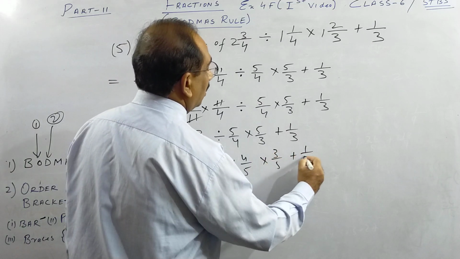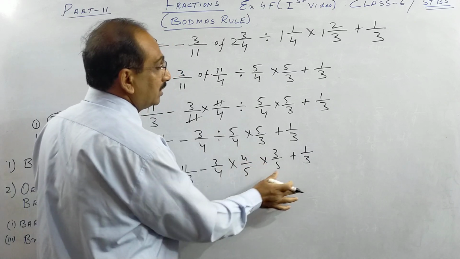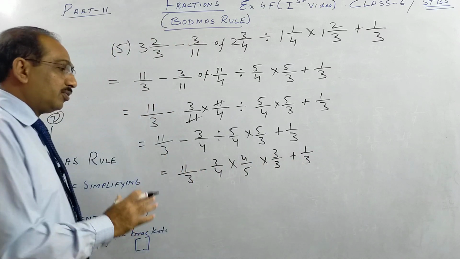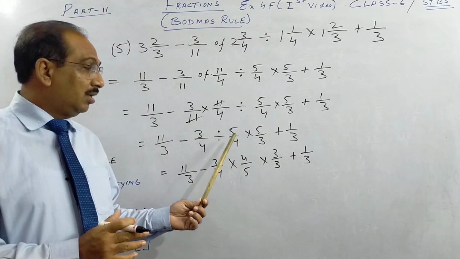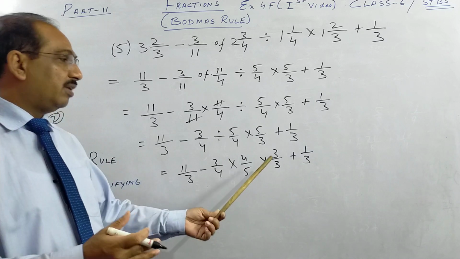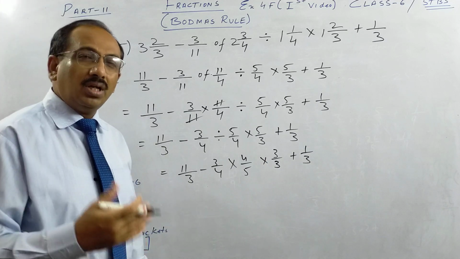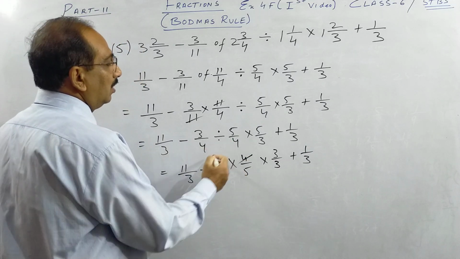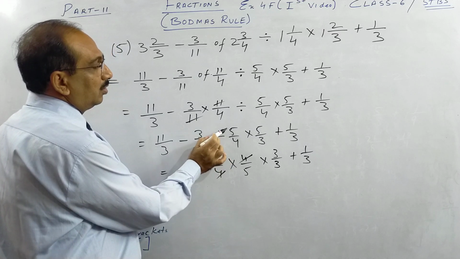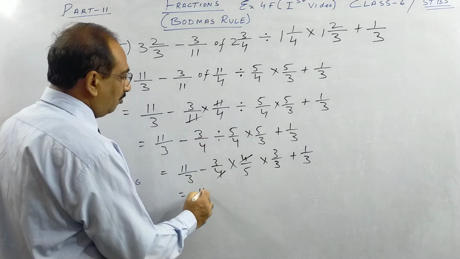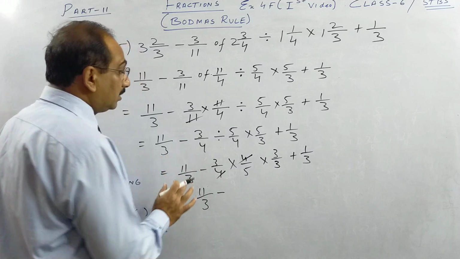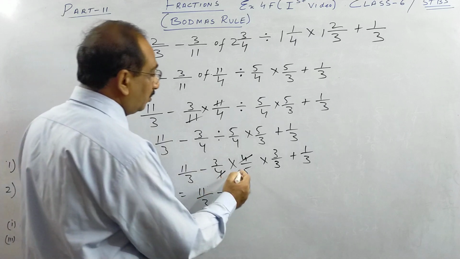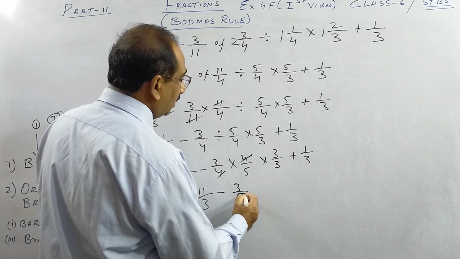While copying, I was making one small mistake here. So always be very careful when you copy. Sometimes I see children make mistakes in copying. 3 becomes 5, 5 becomes 3, and the whole answer goes wrong, and then you get very less marks or 0 marks. So here I do division. When division becomes multiplication, denominator goes up, numerator comes down. What are we left with? 11 by 3. And sometimes I see minus becomes division and division becomes minus. That also you have to be very careful about. So I have done division.